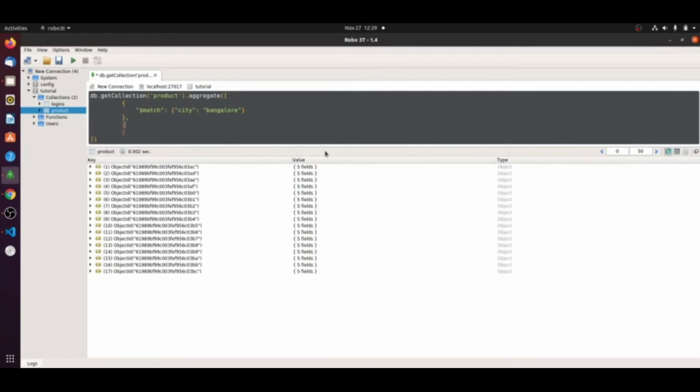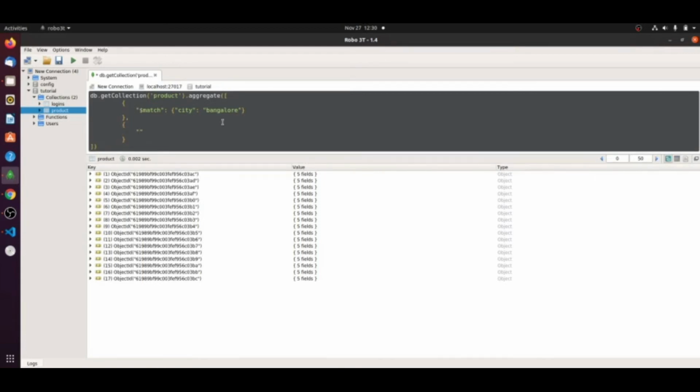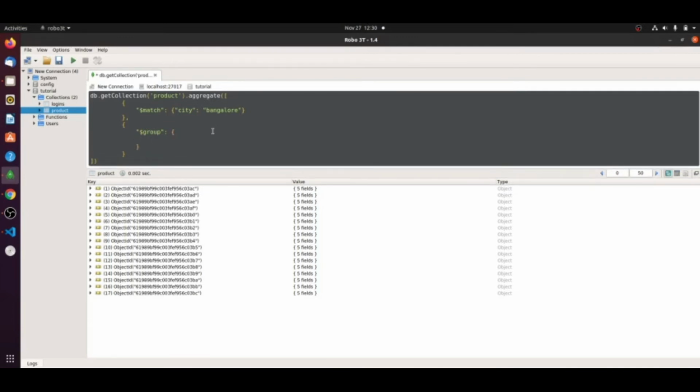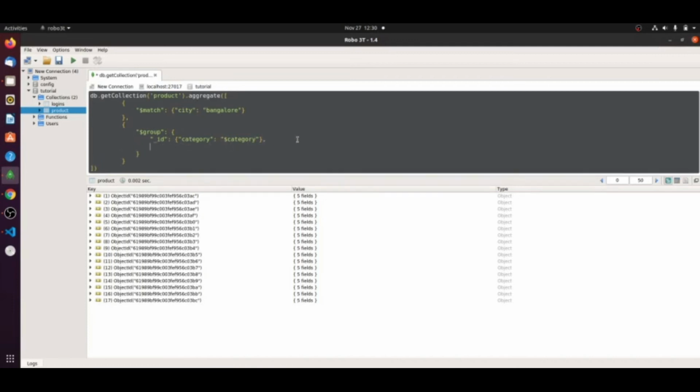In the second stage, we will group the records as per the category, and also we will calculate the total number of products available for each category.